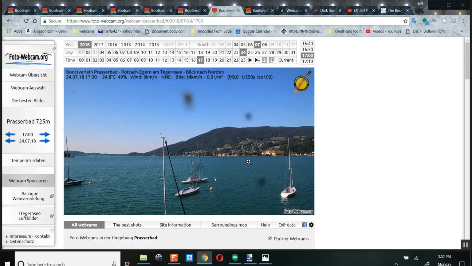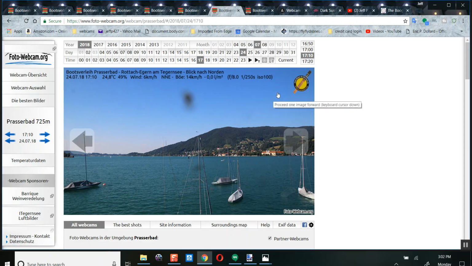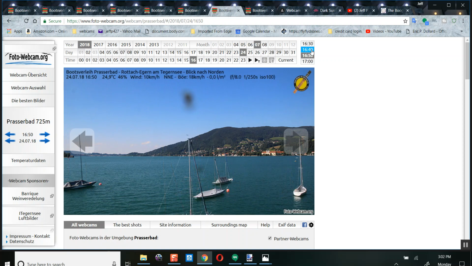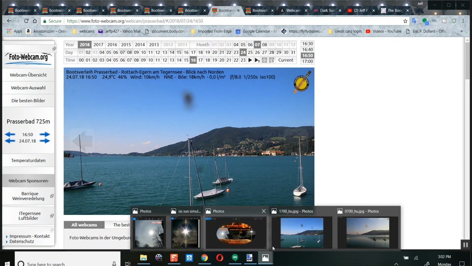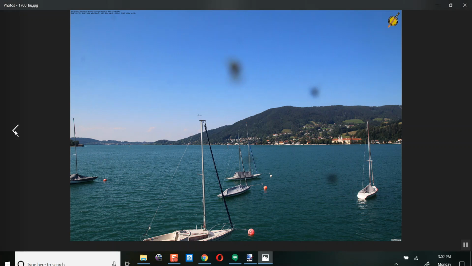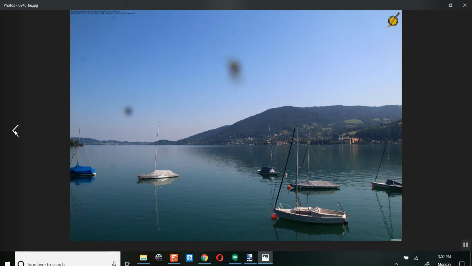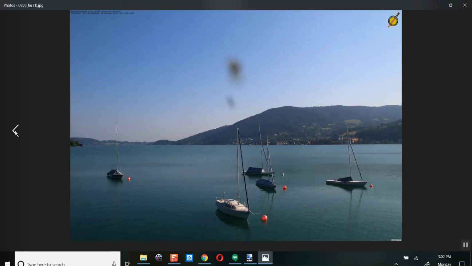on the water. See this one here? This one disappears in one frame. This one remains. You can see it was there in a single frame. Now, you can go and do this yourself. So what I'm going to do is I'm going to show you all these pictures that I've gathered.